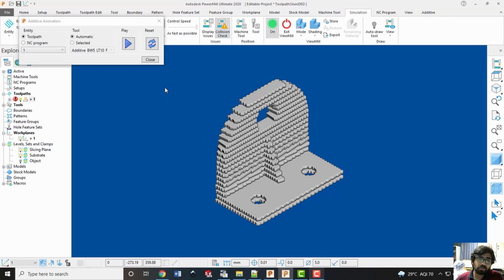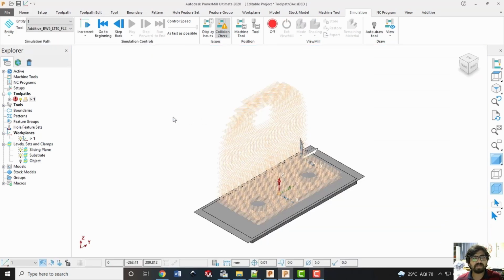Now, of course, by looking at the part itself, you can realize that the same part will require a machining operation also to create the final finished object. So this part itself can be exported as the raw stock for creating the machining toolpath, and then using the same environment, same platform, you can create the machining toolpath as well. There are several options for the toolpath.